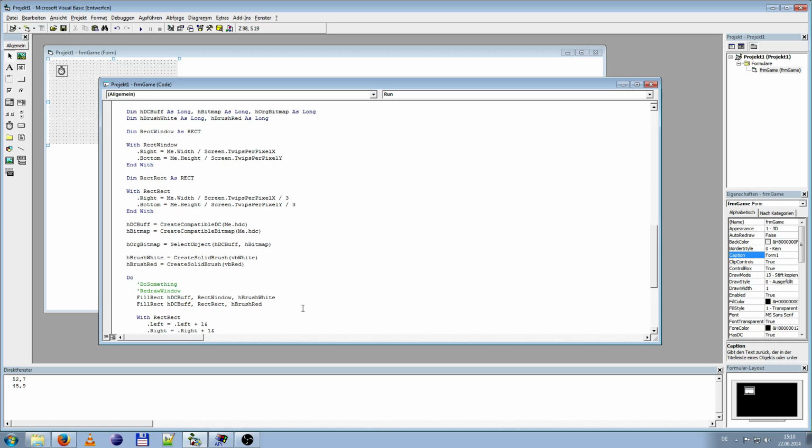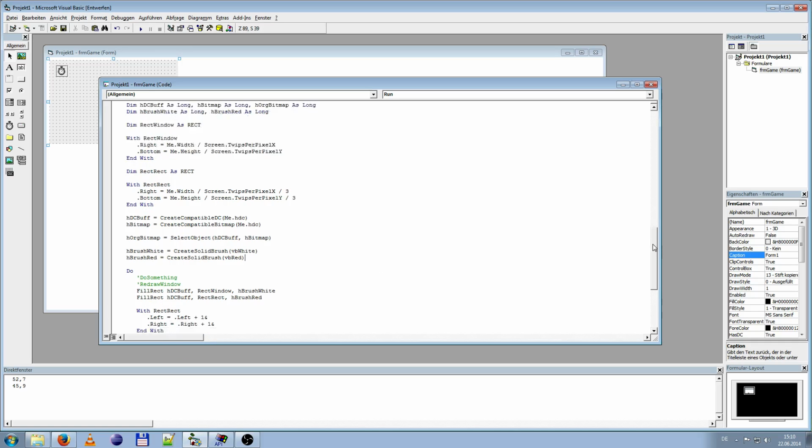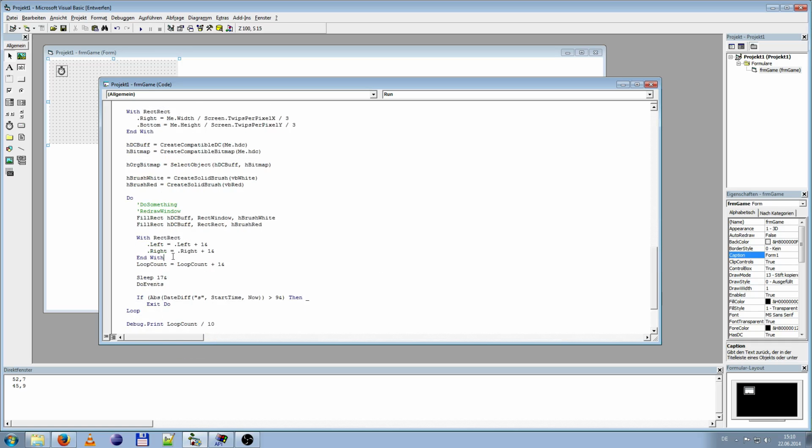Okay. So, since it is the coordinates of the rectangle, we also have to shift right, or our rectangle will shrink with every step. So we redraw the whole stuff, and then we shift it for the next step, and